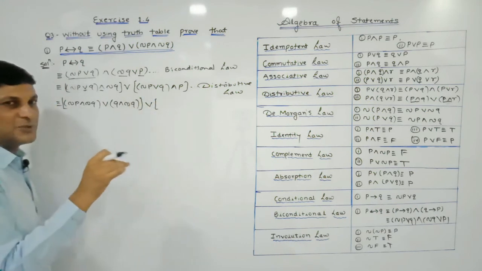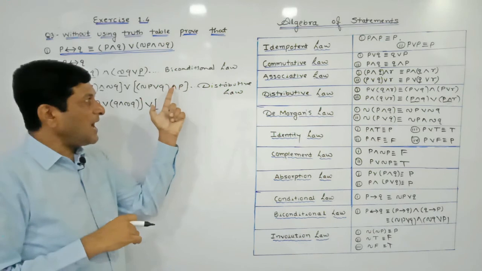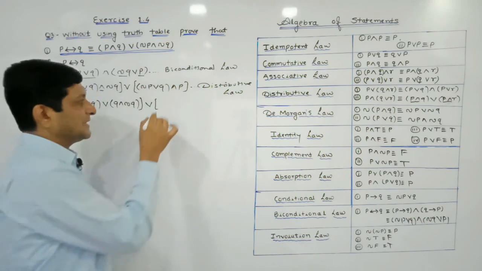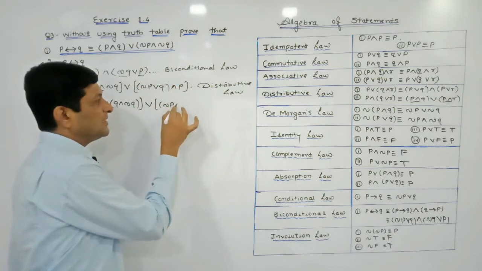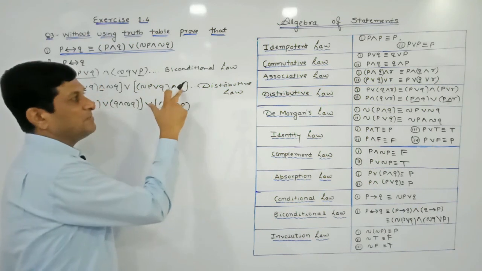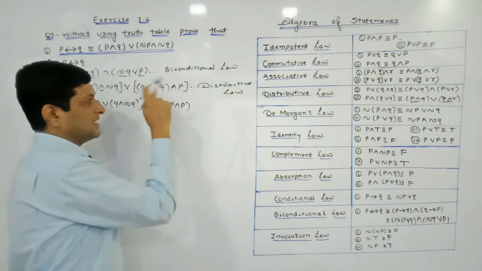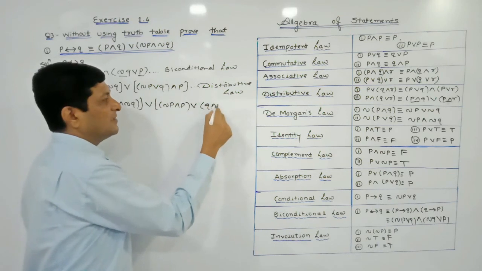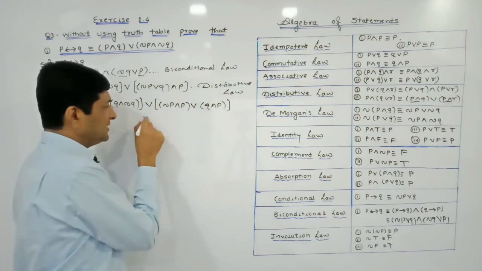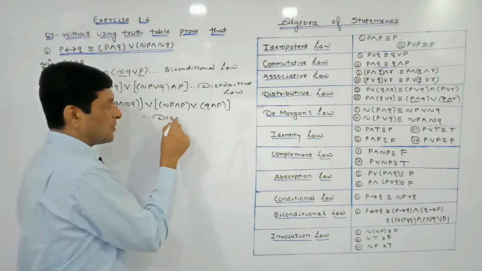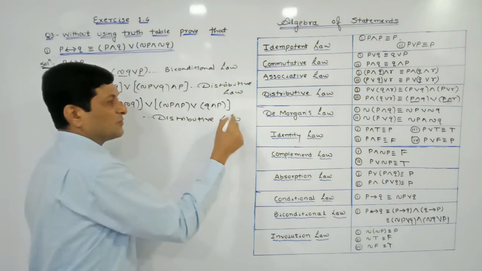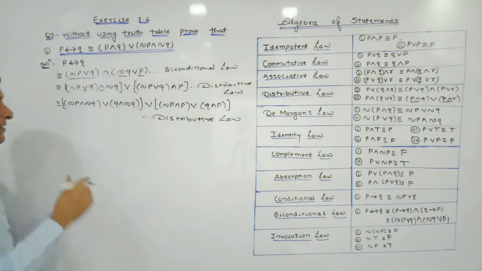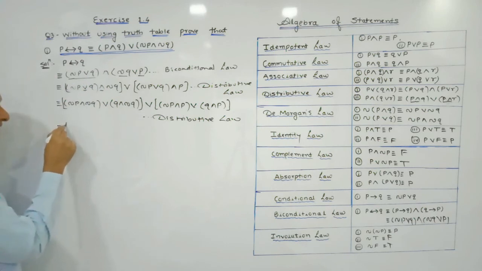Here also we are using the same method. Now take the and of P first with the first letter, means negation P and P, and later the and of P with the second letter. Keep this or as it is. So what will we get here? Q and P. Again here we have applied the distributive property, or we can say the distributive law. So which is equivalent to.